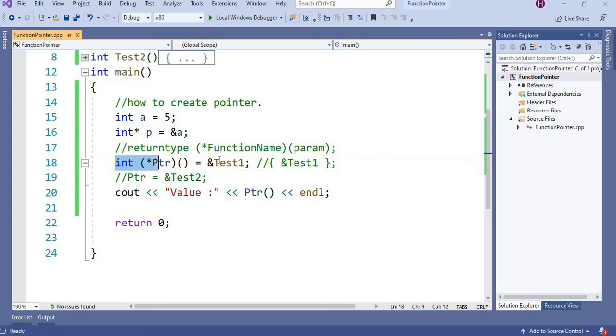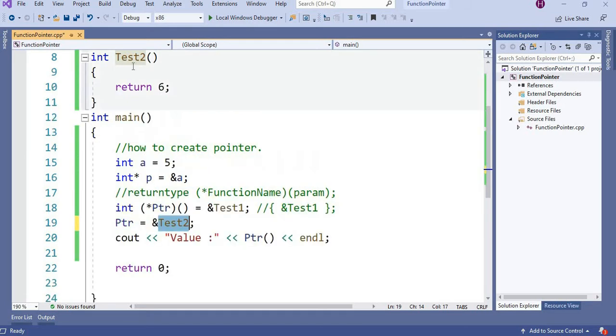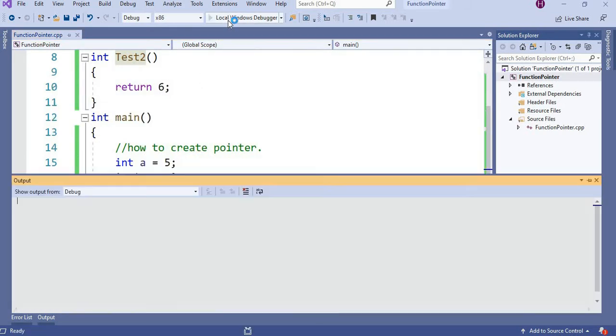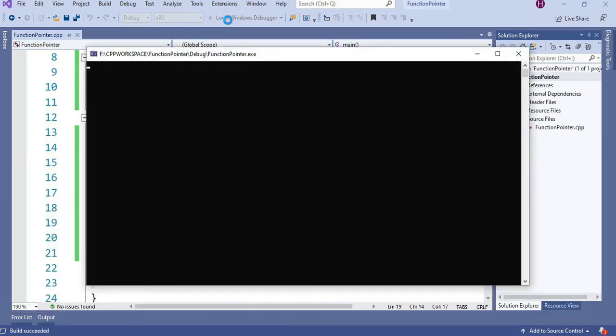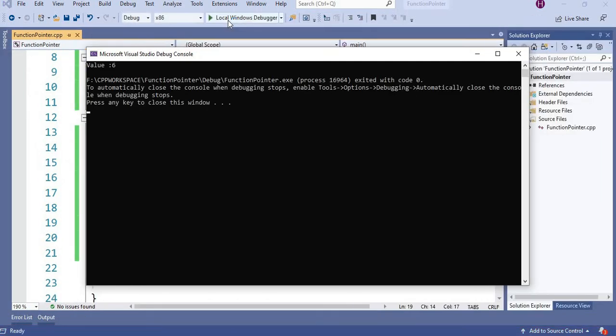Now if I make ptr point to the address of function test2, it will print the value 6. It's very simple. Create a function pointer just like a pointer and assign the address of a function instead of the address of a variable.